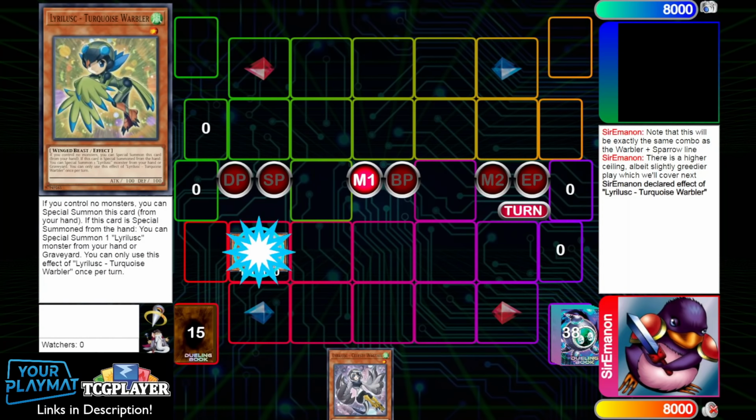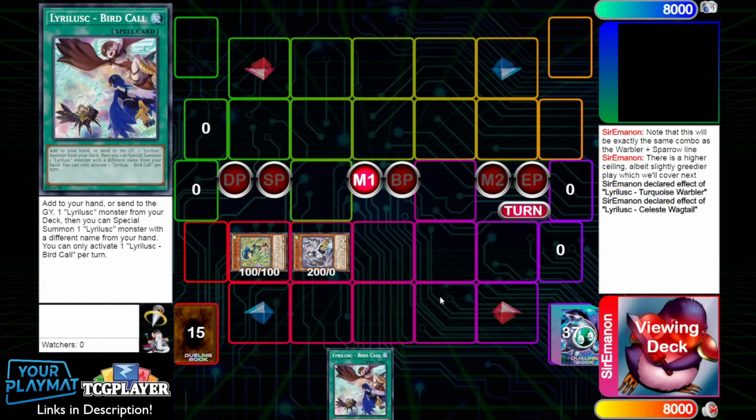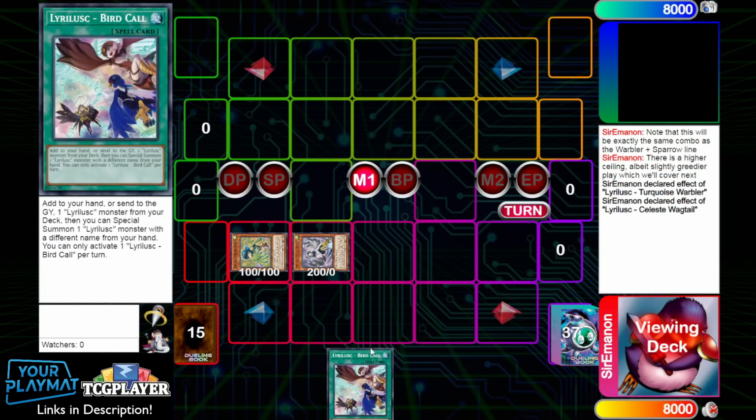Now we're going to start things off with Turquoise Warbler. We're going to summon out the Celeste Wagtail here, and then we're going to go for our Bird Call. Notably, if you open Bird Call instead of Wagtail, you're going to be wanting to search the Sparrow instead, just because if you go for Wagtail and you search a duplicate copy of Bird Call, it actually just makes it